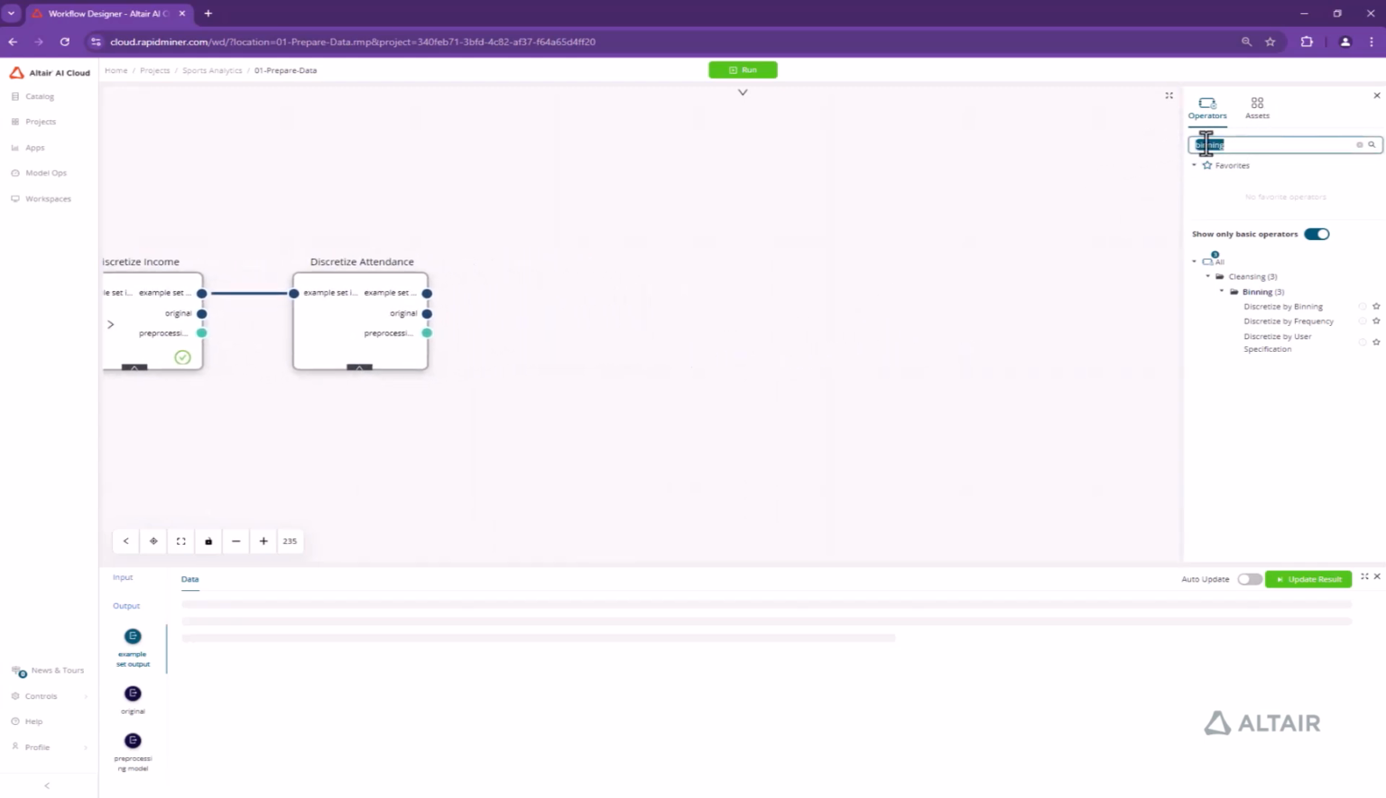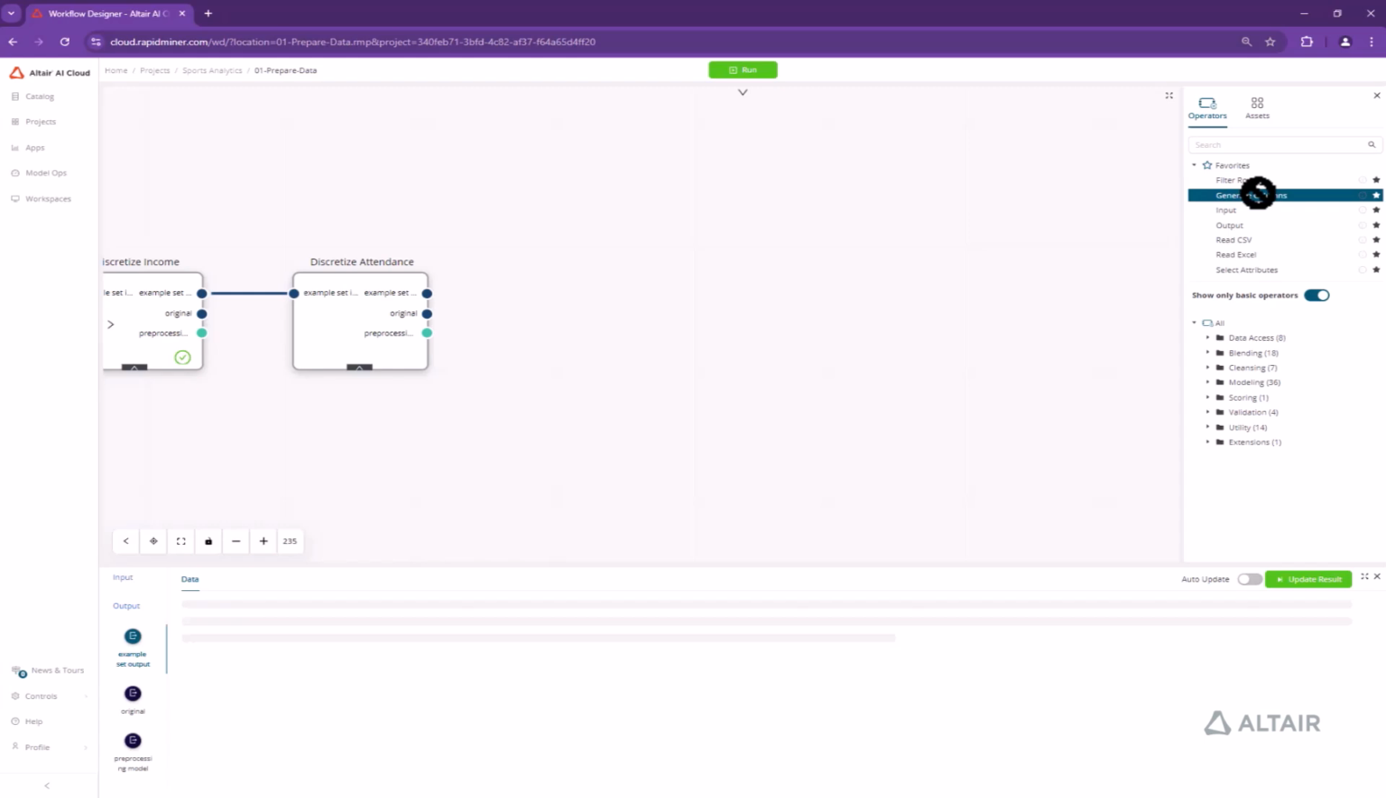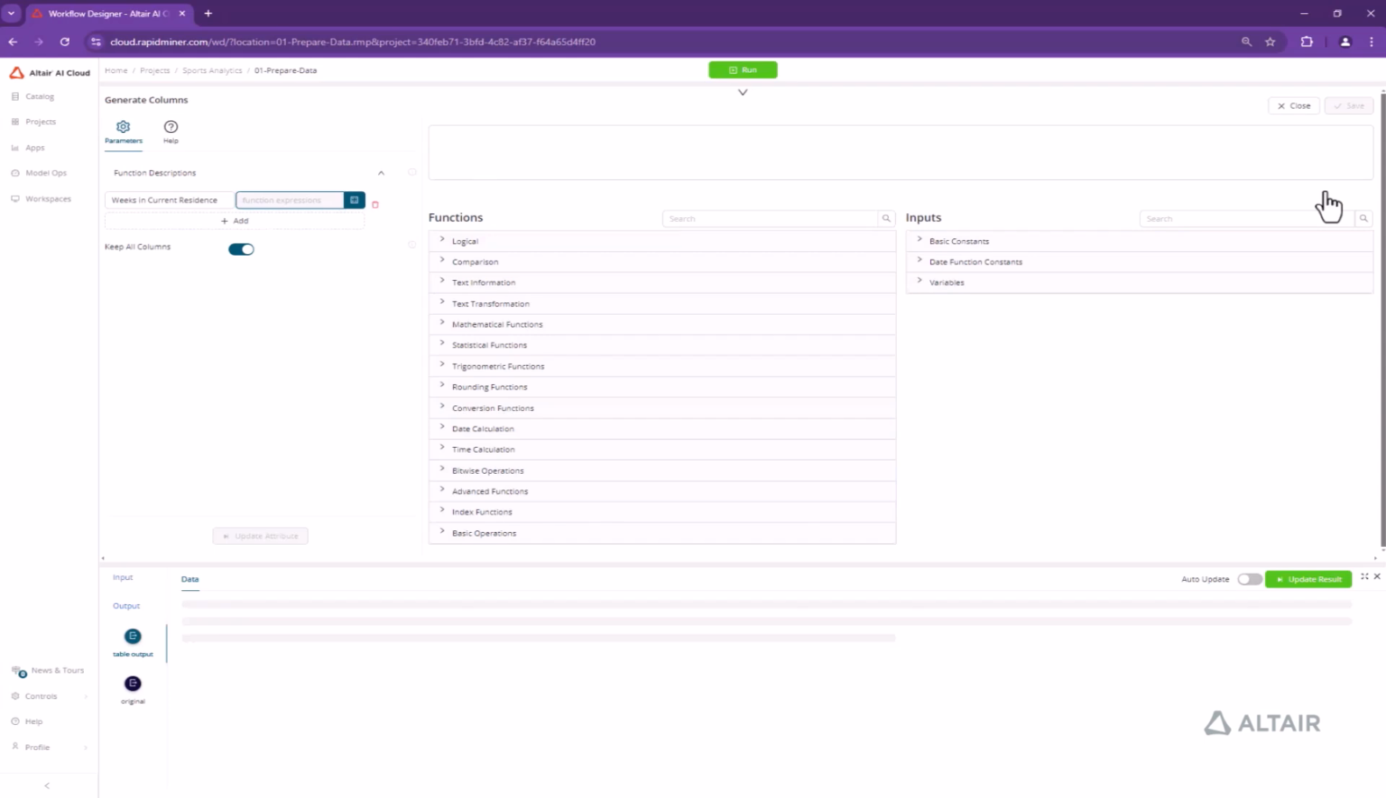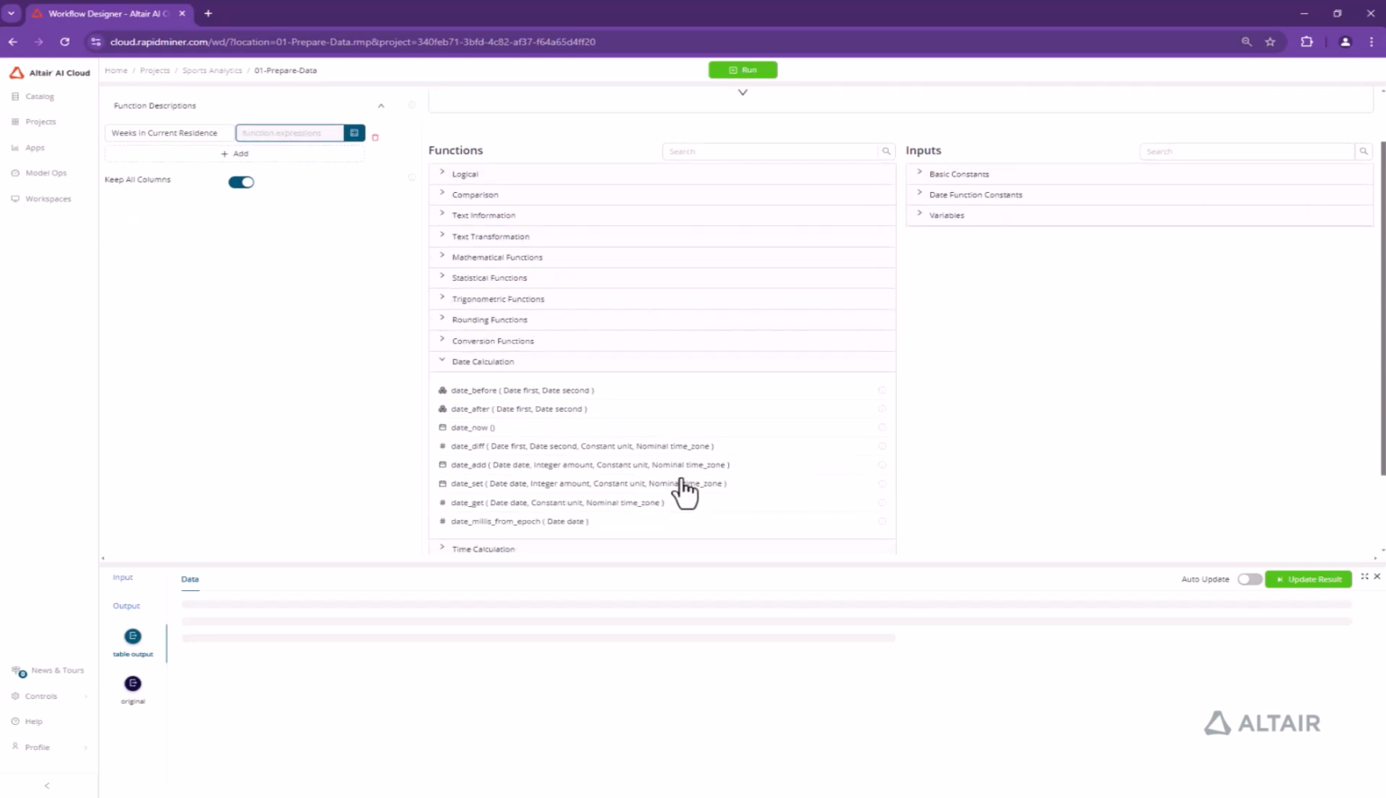Next, we're going to do some more calculations. So I'm going to go back and I'm going to go to generate columns. This time what we're going to do is a date calculation. We have present in our data set the date when the season ticket holder last moved in to their current address. What we'd like to do is extract the number of weeks between then and now, as this may influence whether or not they're likely to renew. So what we can see here is that we have a number of different types of functions, and specifically we have some date calculation functions that we're now going